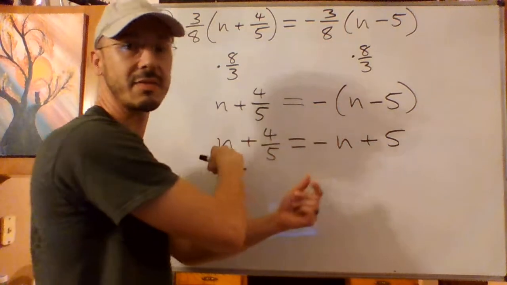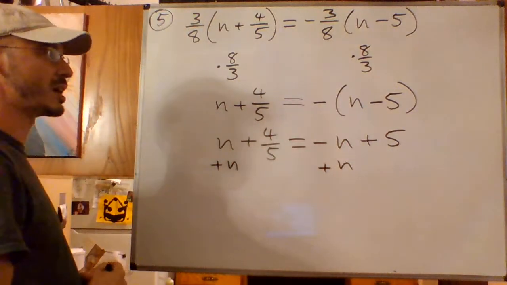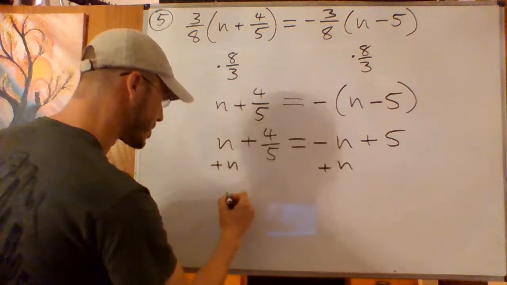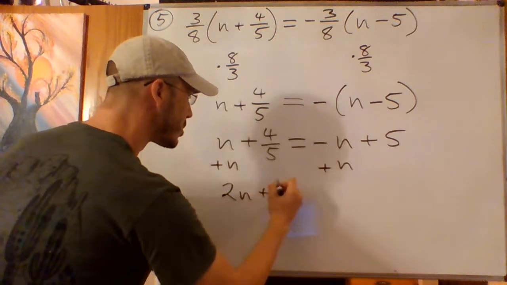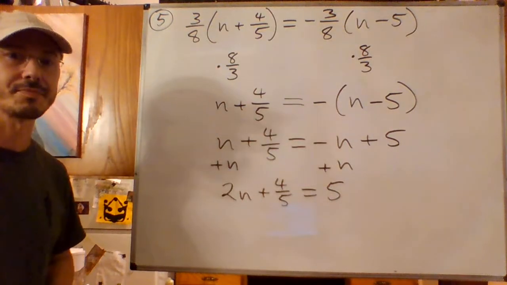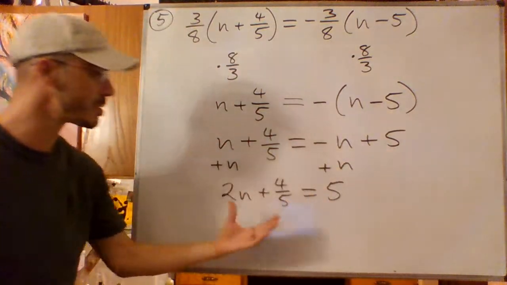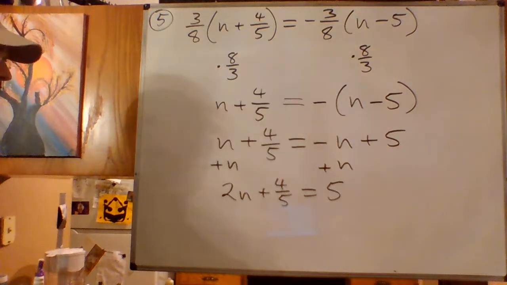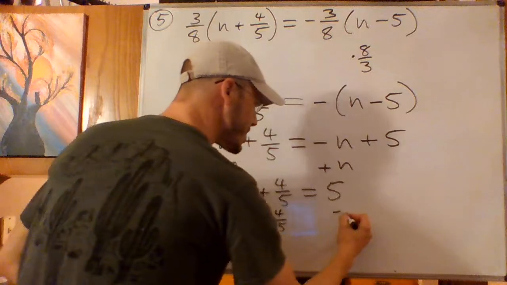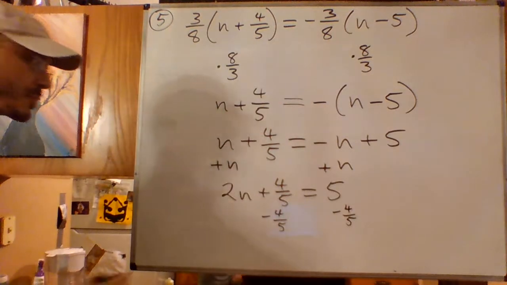Now I'm going to do the isolate variable activity. Plus n to both sides. Let's do this one step at a time for this one, just to be careful with it. 2n plus 4/5 equals 5 is the result of that. Only the 5 is left. You can line those up if you want, but this fits side to side. And then finally, I'm going to need to subtract 4/5 from both sides. Oh, no, second to last is to subtract 4/5. That'll give me